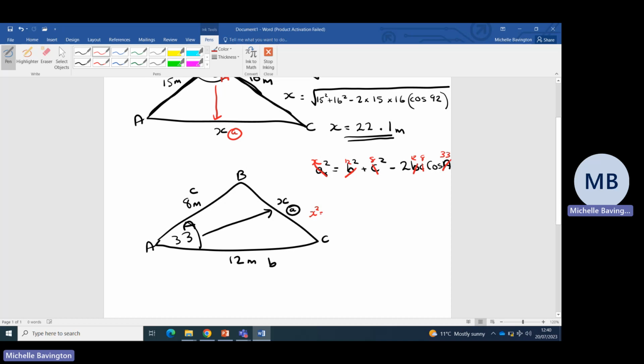x squared equals 12 squared plus 8 squared minus 2 times 12 times 8 cos 33. Now, because it's a square, I need to get rid of that, so I'm going to square root it all, which equals